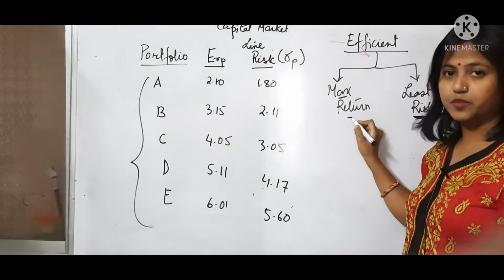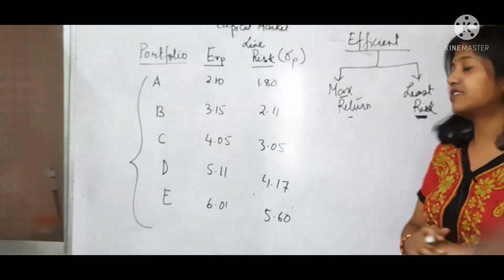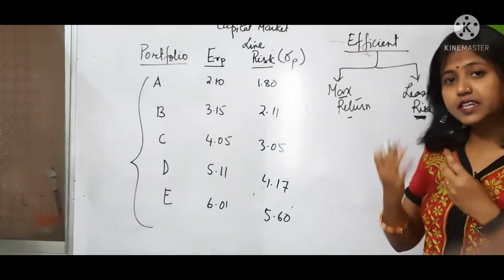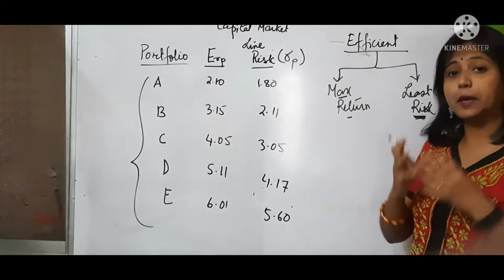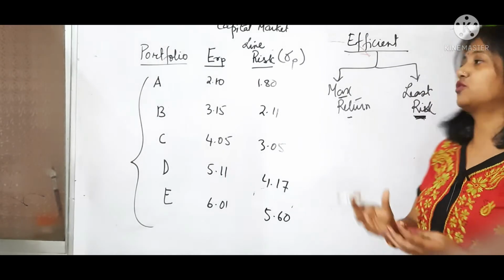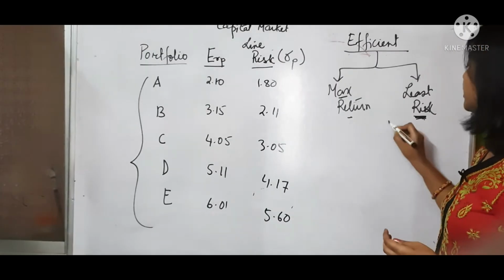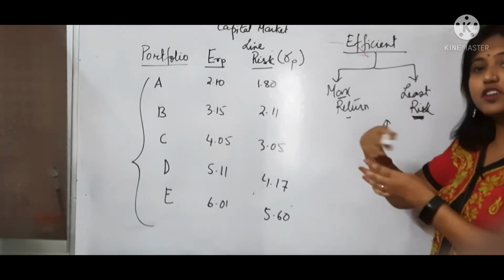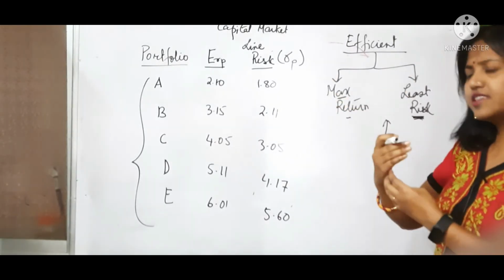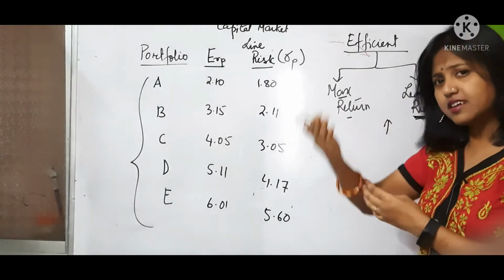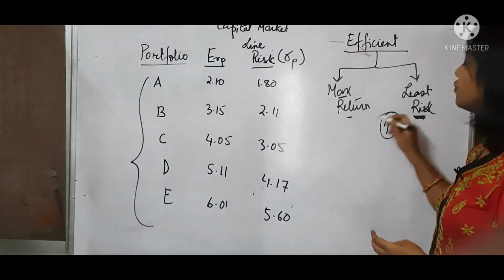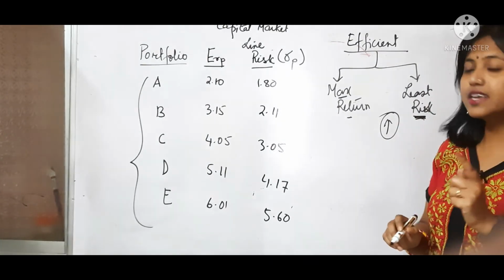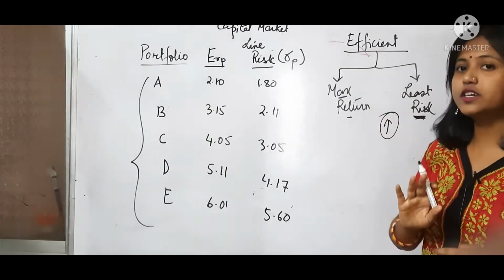Any portfolio will carry risk, but you want that taking that amount of risk, you must get the maximum return. But if an investor is taking risk but, considering the amount of risk, is not getting the appropriate amount of return. Suppose I have taken some risk, suppose my risk is high, so my return should also go high. If I see that the return is not going that high as compared to the amount of risk I am taking, then I will say that the portfolio is not efficient.